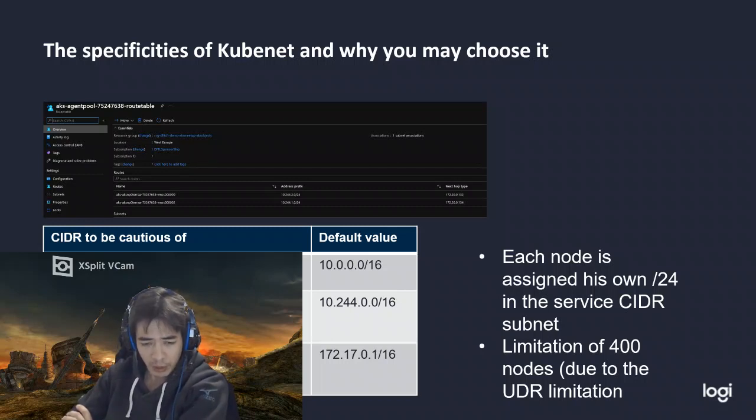Just keep in mind, if you want to be secure and avoid routing issues afterward for a pod trying to reach something outside of Kubernetes, you should not use the three ranges which are displayed on this table anywhere else in your private network, meaning everything that is connecting through peering and or through VPN and ExpressRoute to your virtual network.